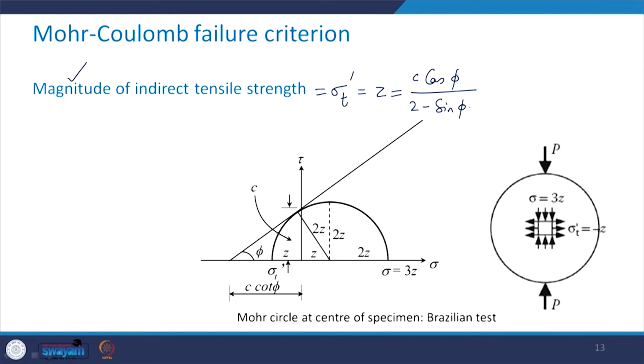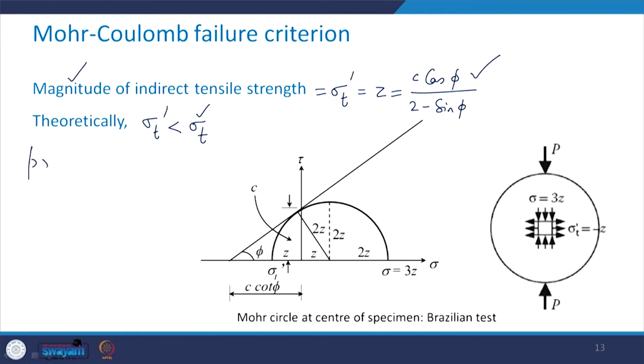Now theoretically, this sigma t prime is less than sigma t. Please compare the sigma t expression which we obtained earlier with this expression of sigma t prime, and you will get this. Now this is theoretically true